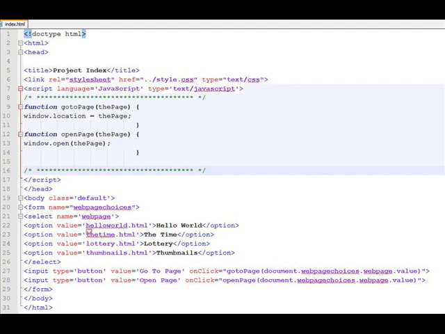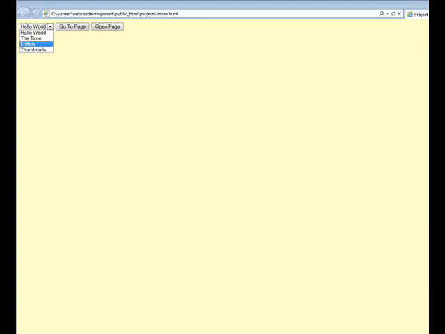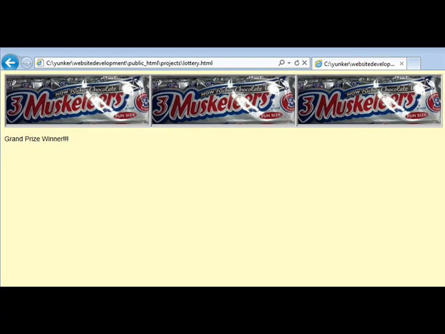So when I double-click and open the file, of course, it opens on my local client with Internet Explorer, and naturally we see the prompt to allow blocked content to be enabled here. And we see up on top a pick list, and Hello World happens to be the first choice, and it says go to page and open page. But when I click on that pick list, then I get all the choices, so I'm going to choose the lottery, and then I'm going to click the open page in this case. When I click on it, it opens into a brand new instance of the